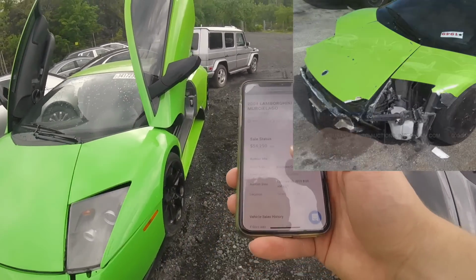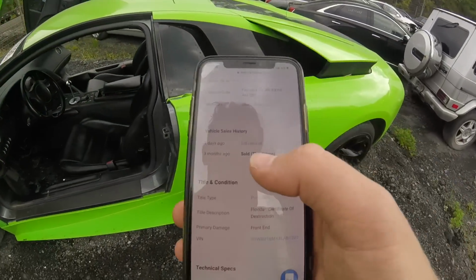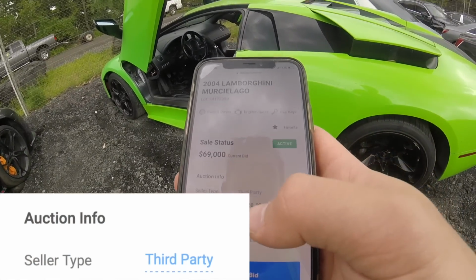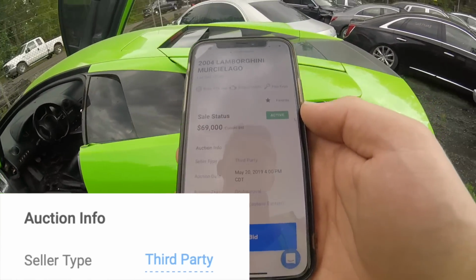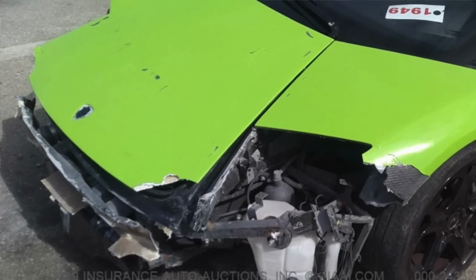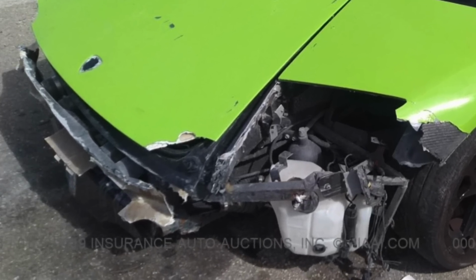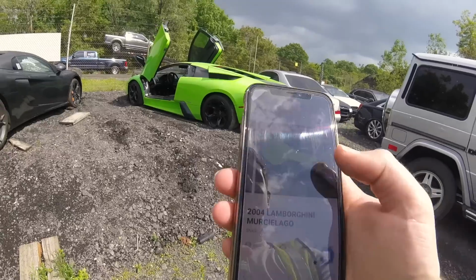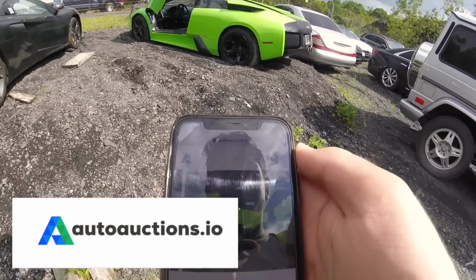Now the first time it was sold by an insurance company. Someone bought it and has now relisted this lot. This lot is now being sold by a third party as indicated by autoauctions.io, which is why I always like to use it before I buy a car. Murcielago is actually a pretty good case of a third party seller. It doesn't have major structural frame damage being hidden by the new pictures, but nonetheless, this website, autoauctions.io, is